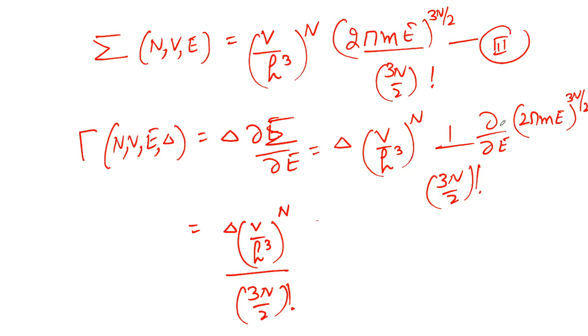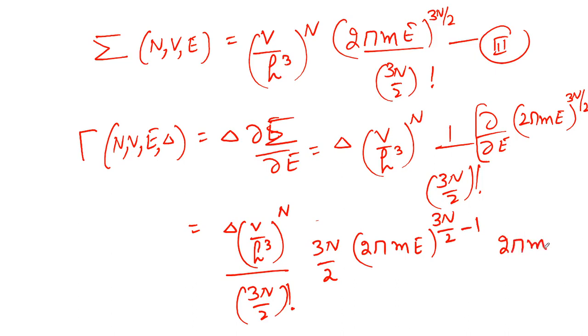So when we solve this derivative term, this 3n by 2 comes here. So we can write this term within the bracket 2 pi m E. So this becomes 3n by 2 minus 1, and again taking the derivative of this internal term, that comes out to be 2 pi m. So from that you can see that this 2 pi m goes in the denominator, so I will write it here. So this new microstates,